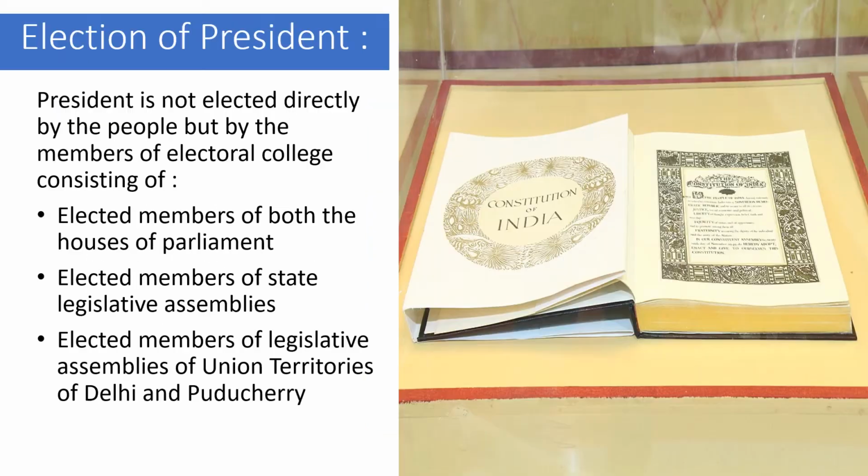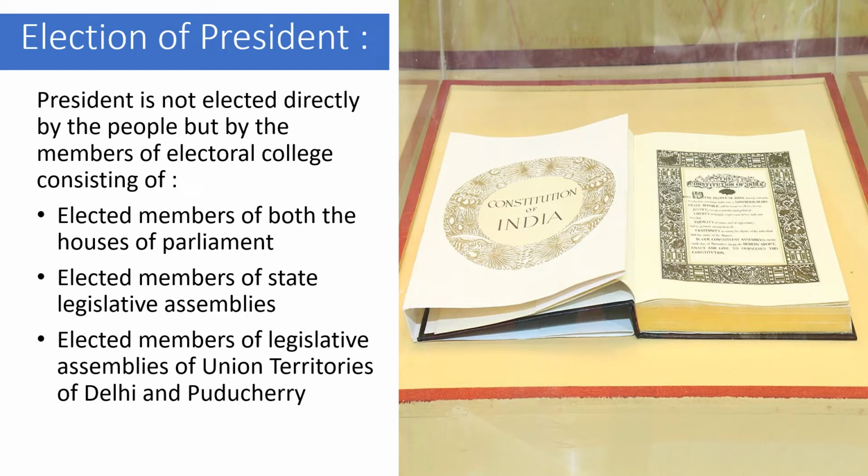India. We know that the election of the President is not done directly, and we, as common citizens, do not take part in the election of the President as we do normally in Assembly and Parliament elections. The President is elected by the members of an electoral college consisting of the elected members of both the Houses of Parliament and state legislative assemblies. The elected members of the Union territories, which have a legislative assembly, can also participate in this election, for example Delhi